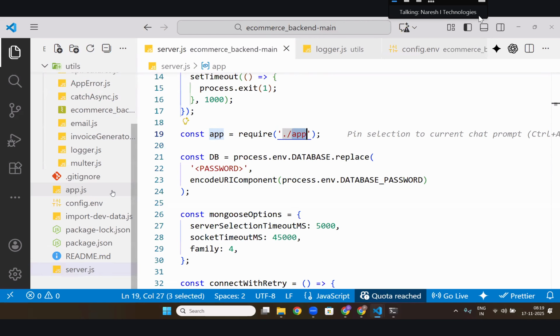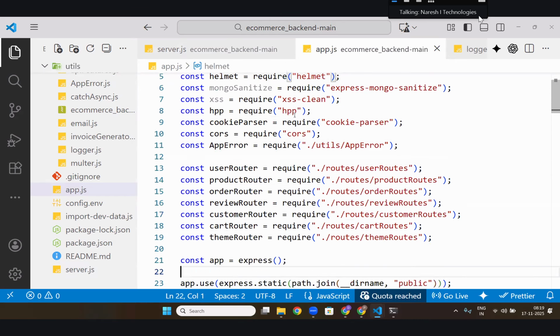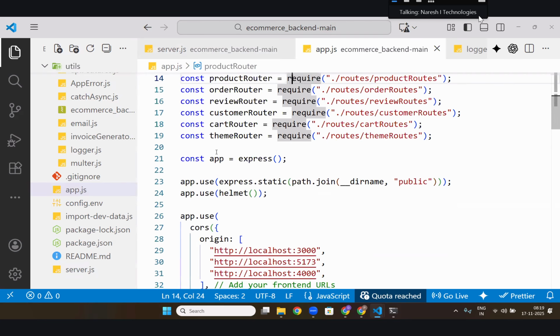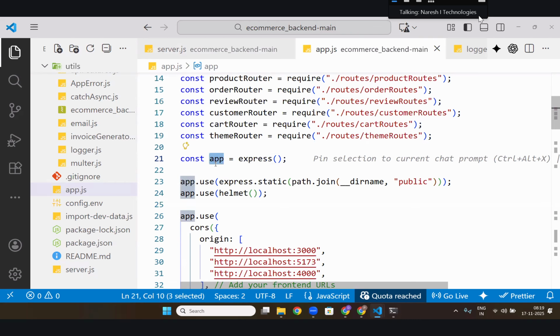Then you go to the app. In app, he is starting all the things. Can you see that? In app, he is doing const app equals express. So indirectly, he does this only. Here, he did express app, and this app is given to that app. Both are the same only. He can do it directly there also. But why is he doing it here?